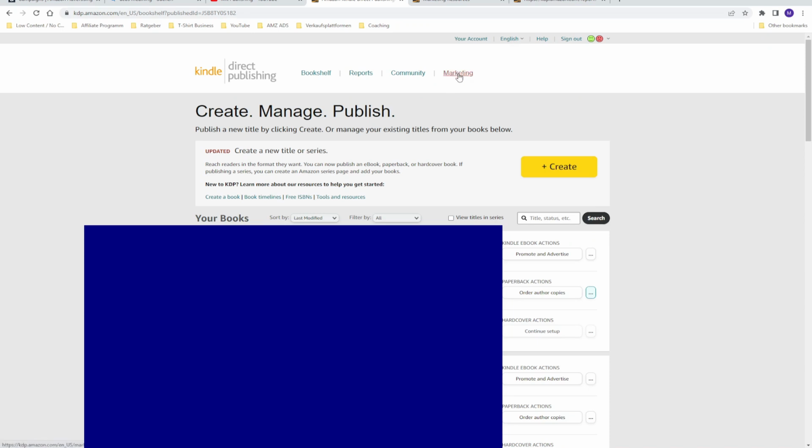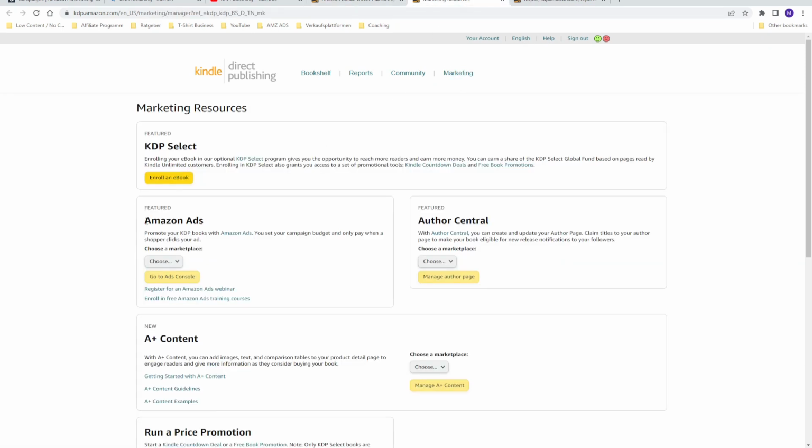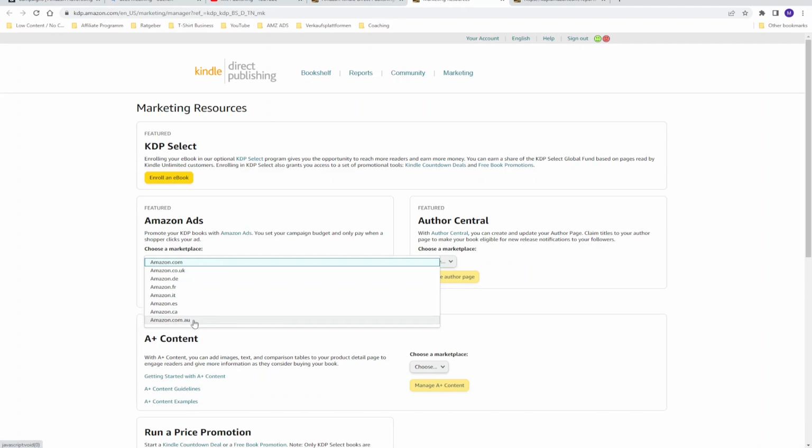If you click on marketing, the featured Amazon ads, you have to choose a marketplace where you want to run ads. Currently you can run ads on Amazon.com, the American marketplace, the UK marketplace, German marketplace, France, Italy, Spain, Canada, and Australia.